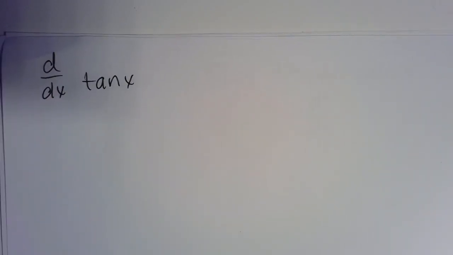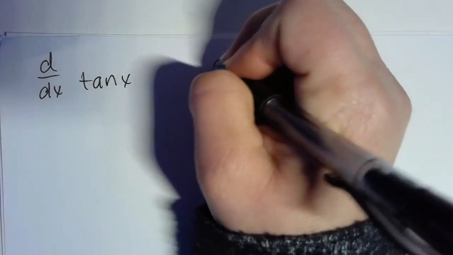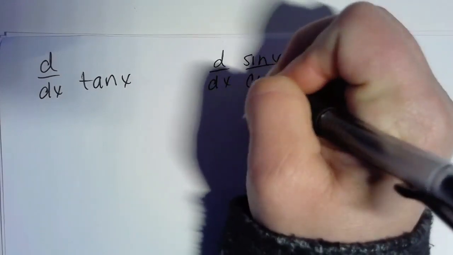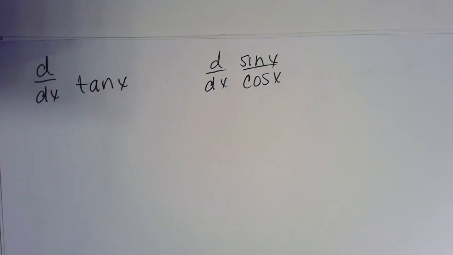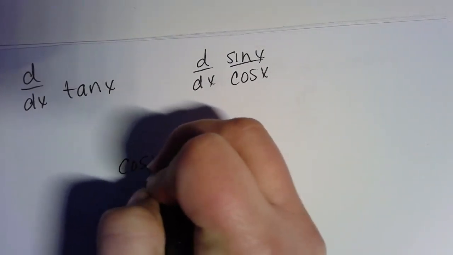Let's look at the derivative of tangent. Okay, so we're going to figure this out ourselves. Really, instead of tangent, because I know that tangent could also be called sine of x over cosine of x, that's what we're going to rewrite it as, and we're going to use the quotient rule now. Okay, so our quotient rule says that we always have the bottom, right, times the derivative